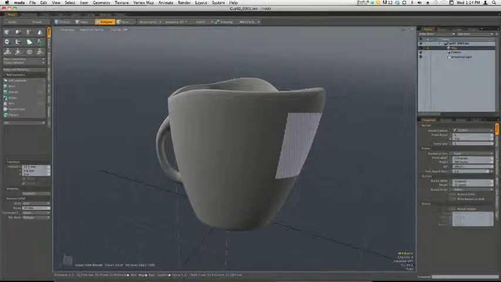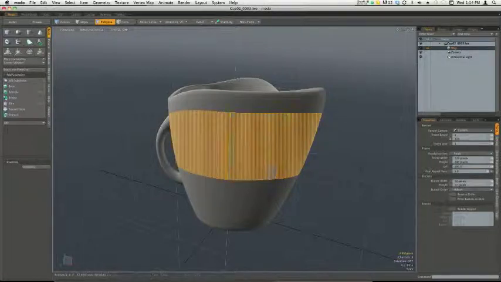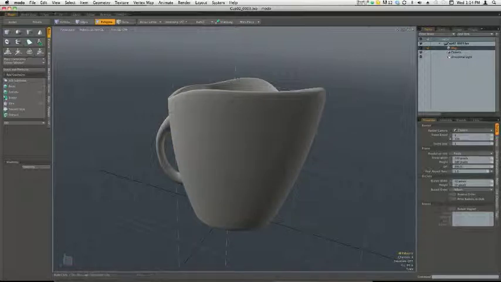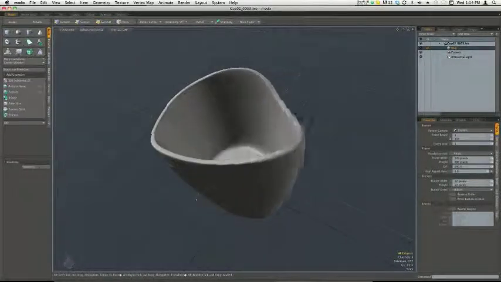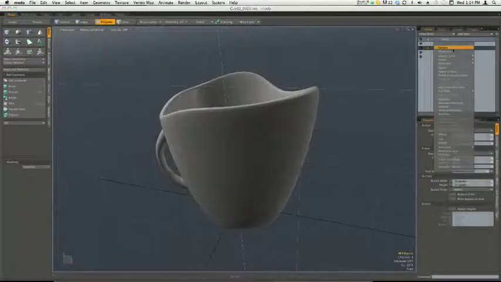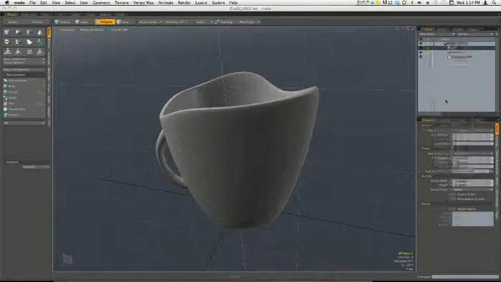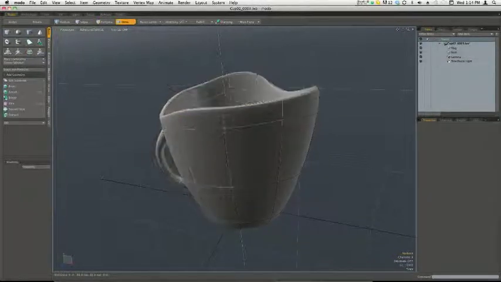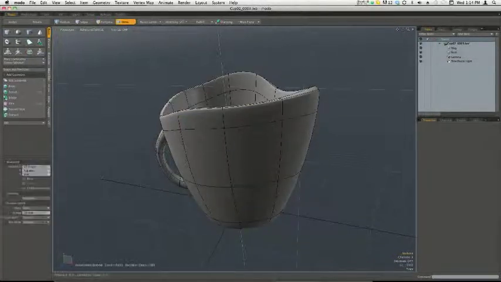Now another way to do it, if you don't want to have all separate files, is to create new layers here. So once you get this to a place you like it, you right click, choose duplicate, and now I have a new version of the file. Not the file, but of the layer. So if you think of this as layers here, if I grab this and pull it down,